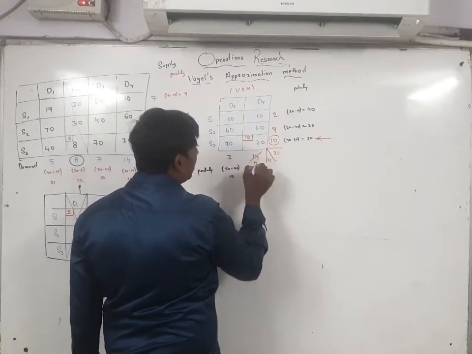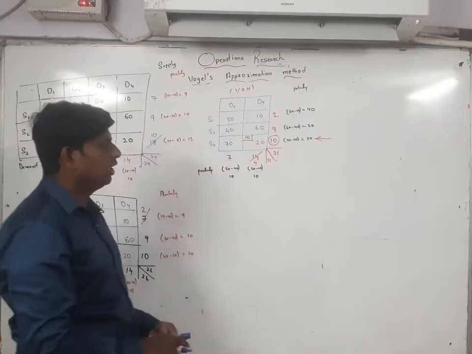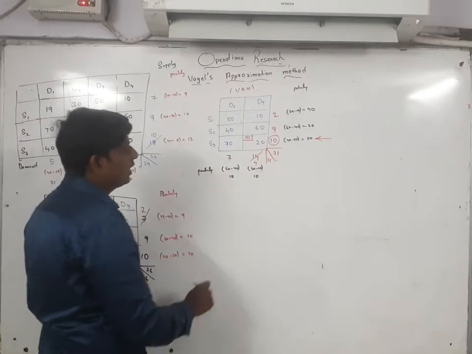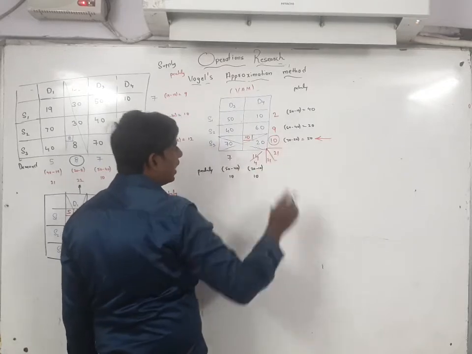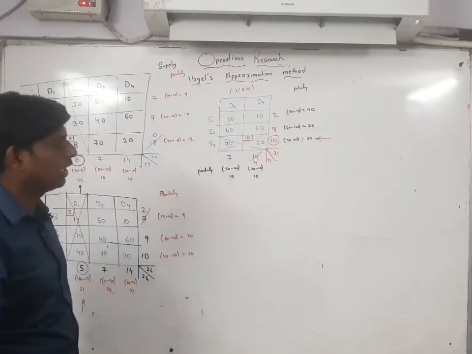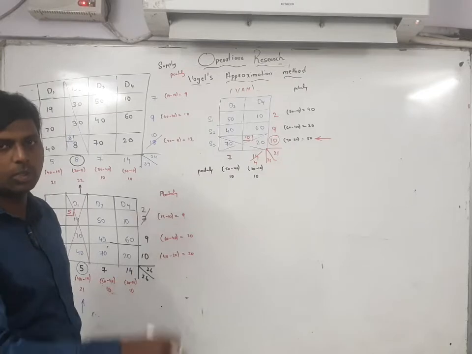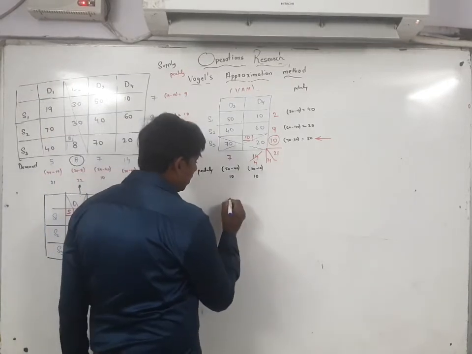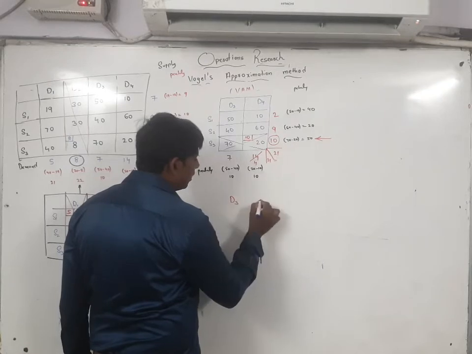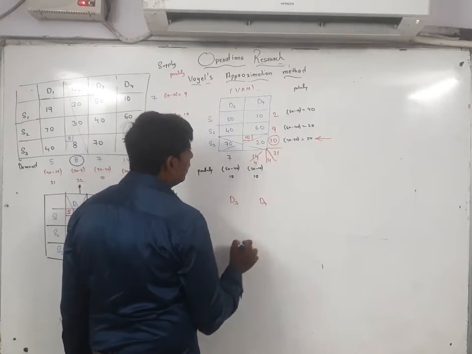So how much remaining here? 4. How much remaining here? 4. Then strike this one. This way you selected, so this row will vanish. Next one is the leftover terms. This one can be written as D3 and this one as D4.